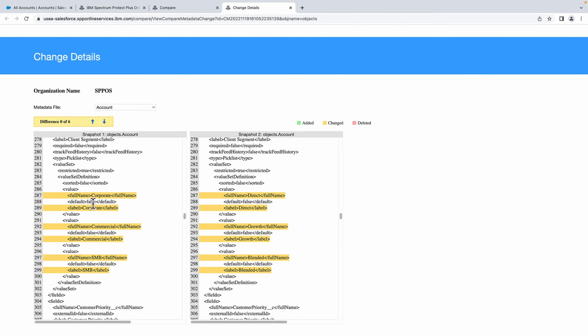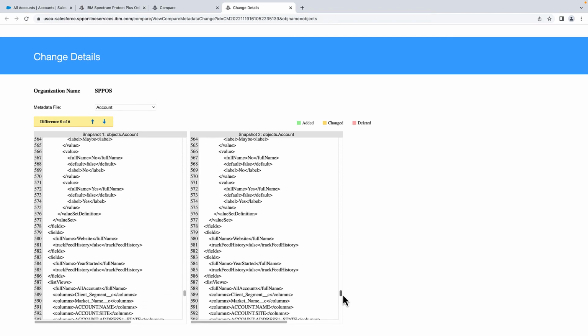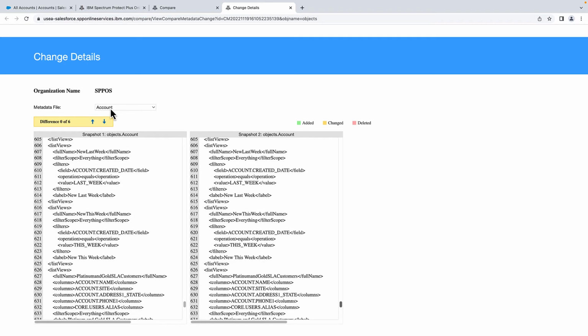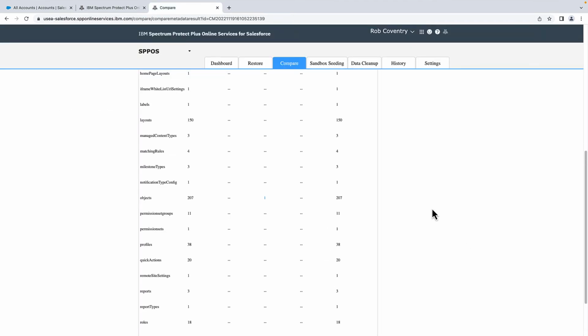So as you can see, it identifies the corporate to direct, commercial to growth, and SMB to blended. That's the change that I was looking for, and definitely is on the account metadata object that I want to